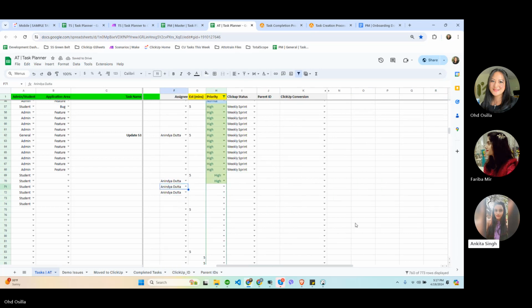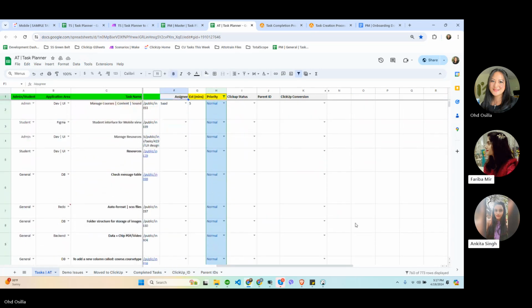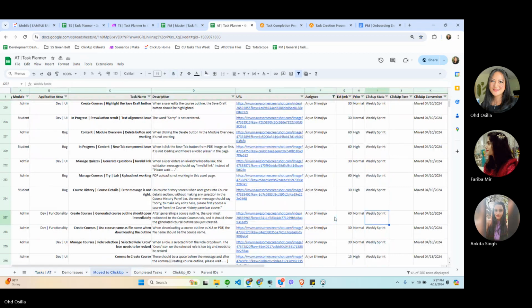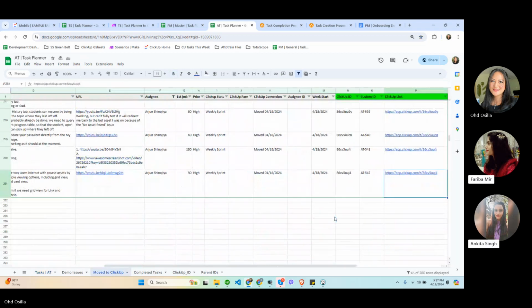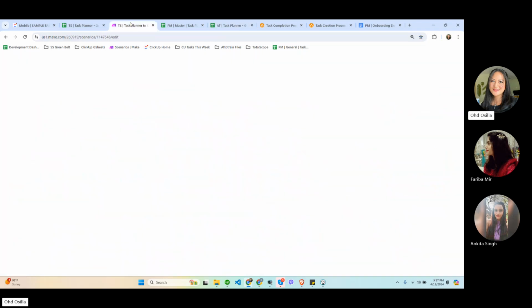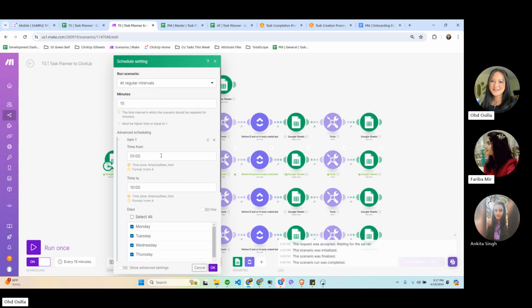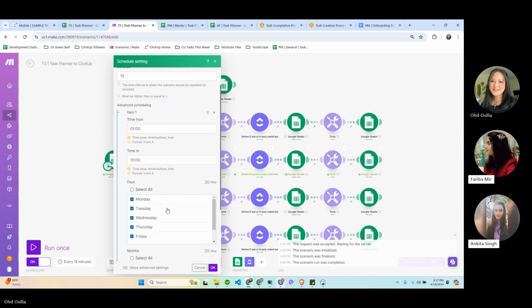I just have one question. To link the last three columns, once the task was created, you did some start and stop to link the task, right? Actually, it's a scheduled run. So this will be just done by you, or do we have to do it? This is not manual. It's a scheduled run.